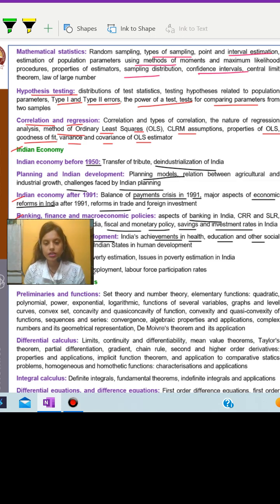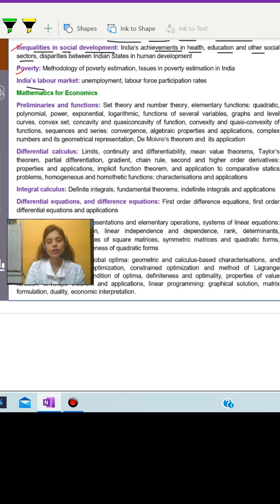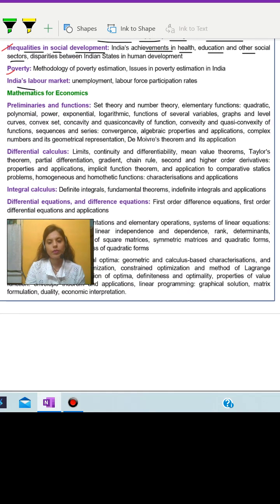Coming to the poverty unit, here issues of poverty estimation in India, like how is the estimation done of poverty. Then India's labor market, from here the concept of unemployment should be clear. Coming to the mathematics portion for economics,